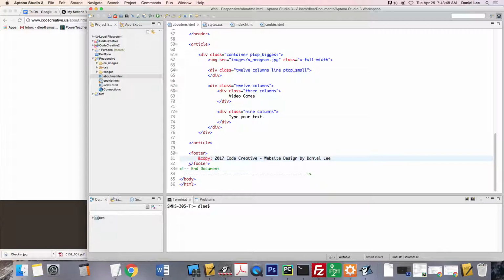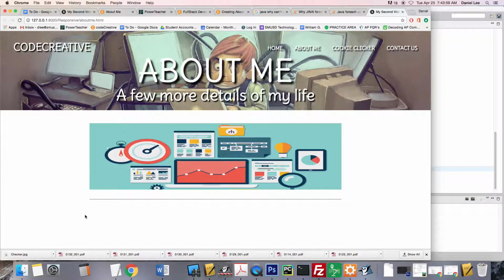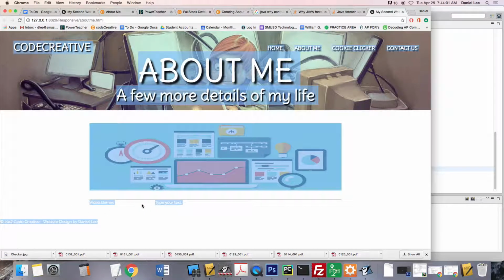Why is this red? Okay, so I'll go ahead and save it, and maybe I can leave a blank space here at the end, and then come back over here and refresh. If you refresh, there's nothing there, but if I press Control A, you can see that my text is here,